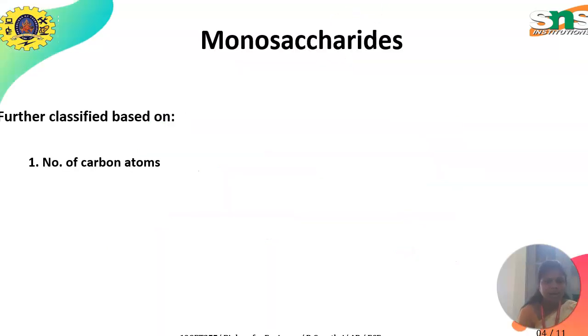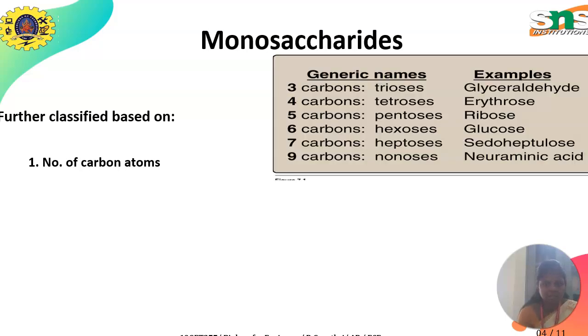The monosaccharides are classified based upon the number of carbon atoms. Three carbon atoms is a triose, 4 carbons tetrose, 5 carbons pentose, 6 carbons hexose, 7 carbons heptose and 9 carbons nonose. The example for 3 carbon is glyceraldehyde, 4 carbons erythrose, 5 carbons ribose, 6 carbons glucose, 7 carbons sedoheptulose, 9 carbons